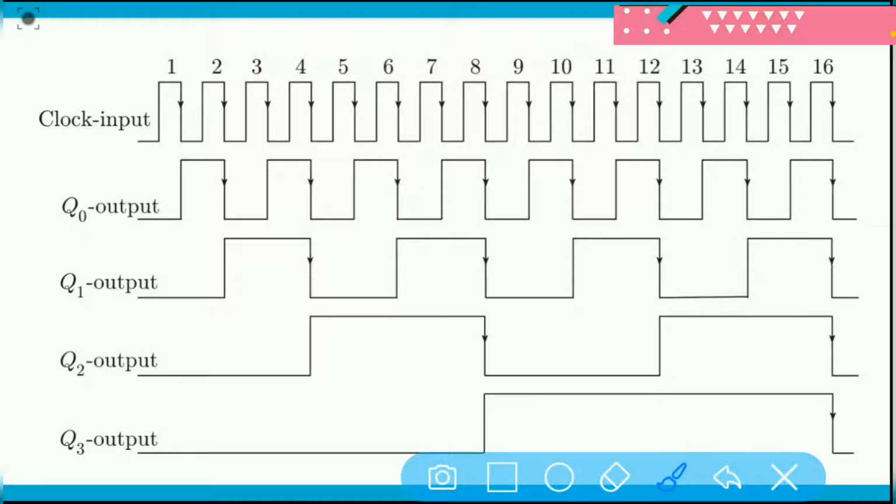Let's see the timing pulse so that we can understand its operation. On the high to low transition of our first clock pulse, our Q0 output goes from 0 to 1. This is due to the toggling action. Since the flip-flops we are implementing are negative edge triggered, the transition from 0 to 1 does not affect